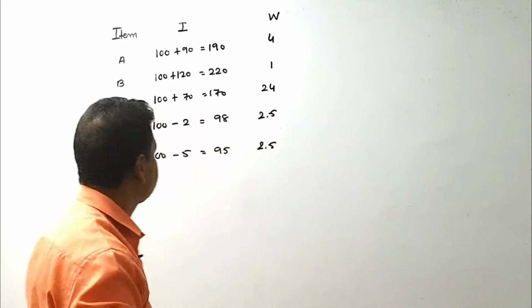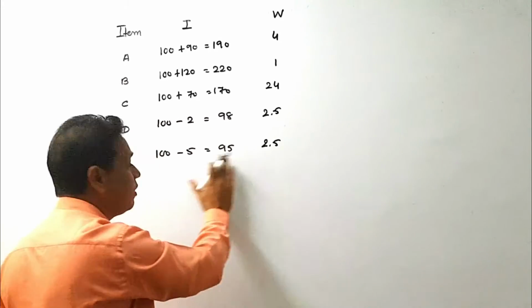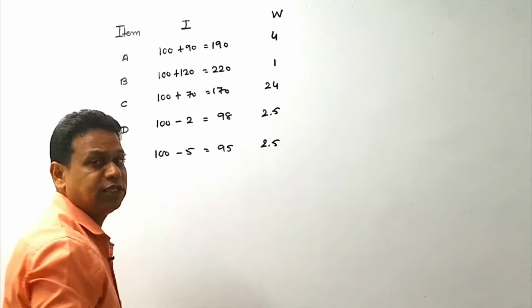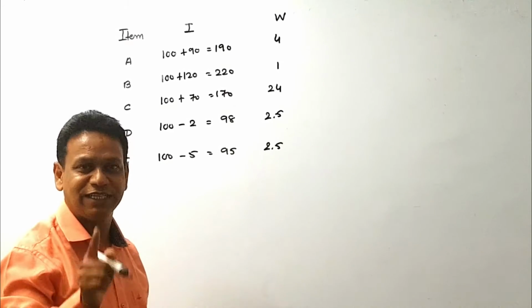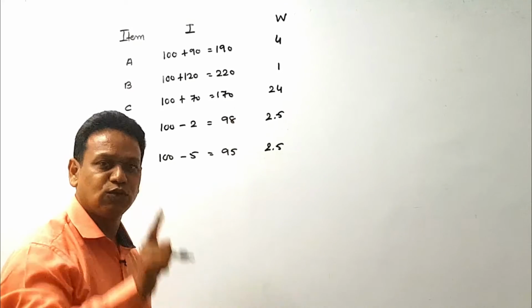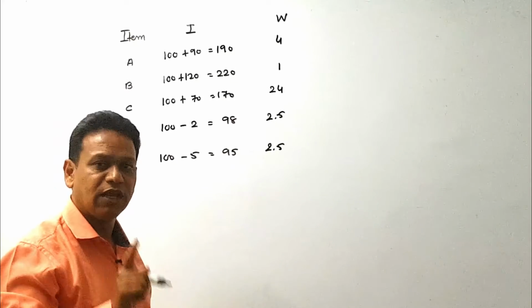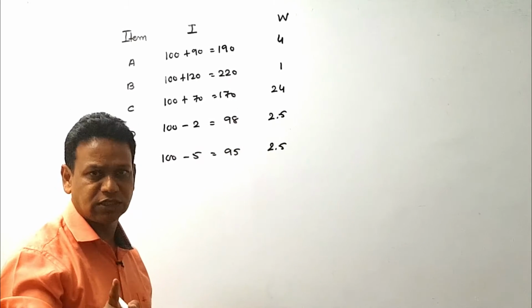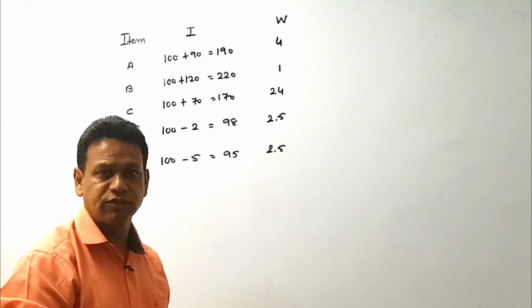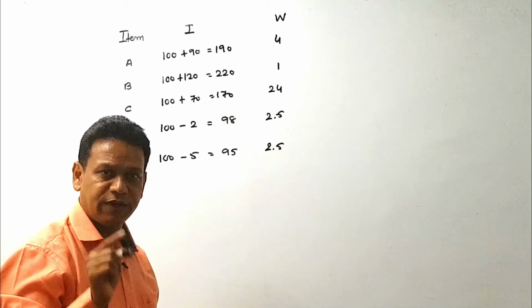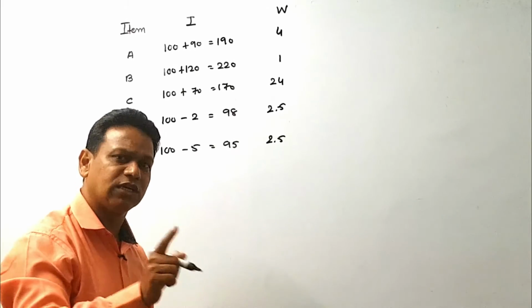Okay, so now W is available and index number is available, which means the two columns are suggesting that we have to use the weighted average method to find our index number. Here they give instructions to find the general index number, but because the amount of W is available, we are using the weighted average method to get the general index number.